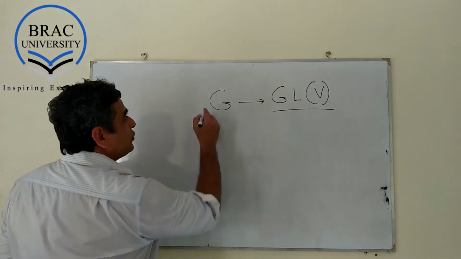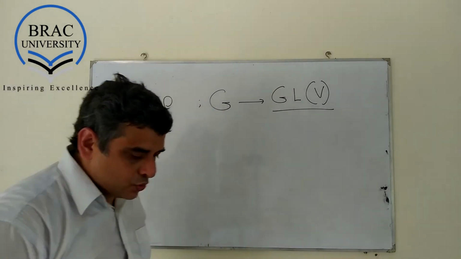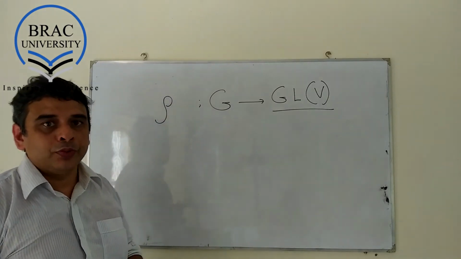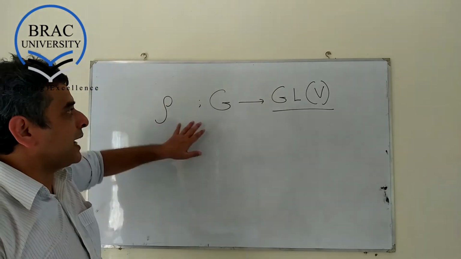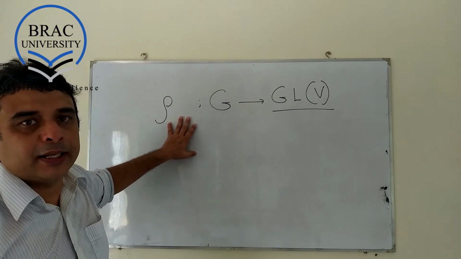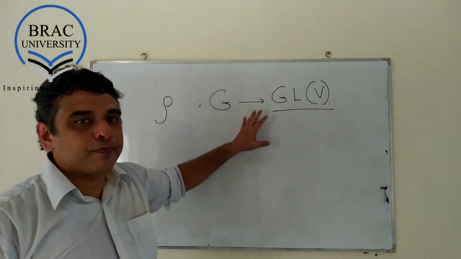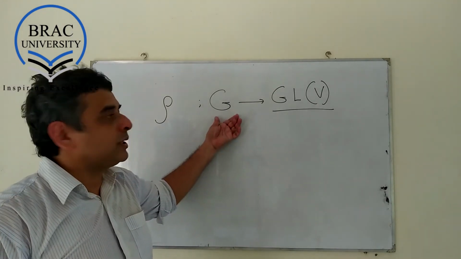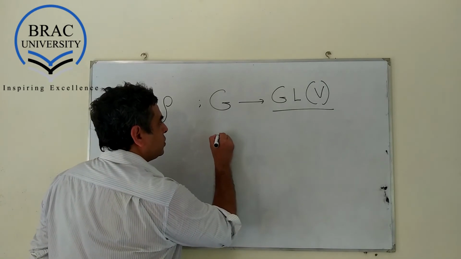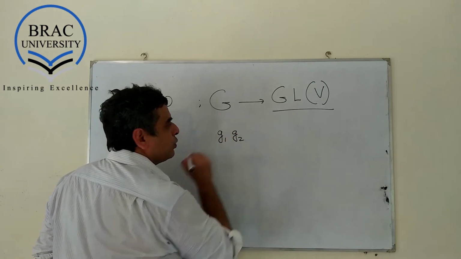So we want this map to be a homomorphism. Those who are not familiar with the concept of homomorphism should understand it as just a structure preserving map. So under this map, the group structure is not violated. Let me explain it with a simple example of two group elements, G1 and G2,